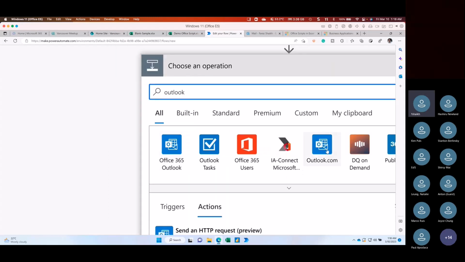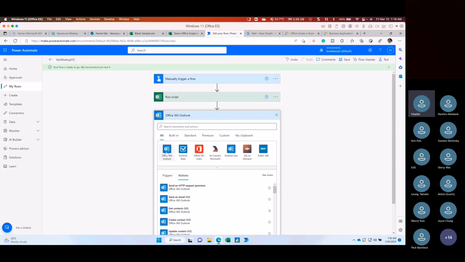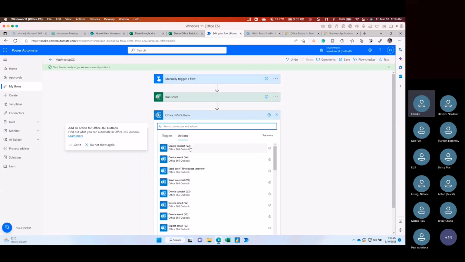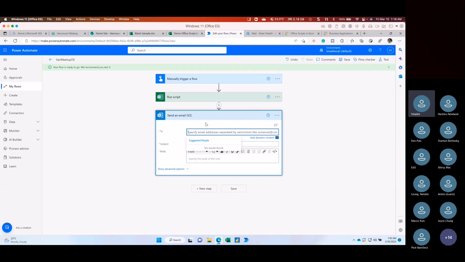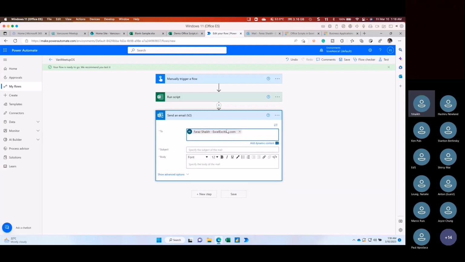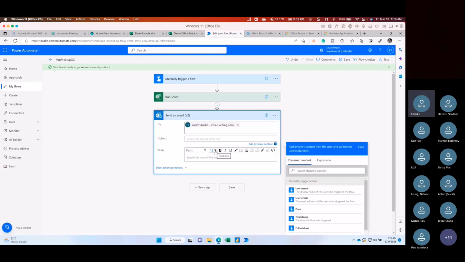This is for the business one and this is for the personal one. So let's go for the business and let's create and send an email. And here I'll be sending the email to myself, Faraz, and I will say that this script